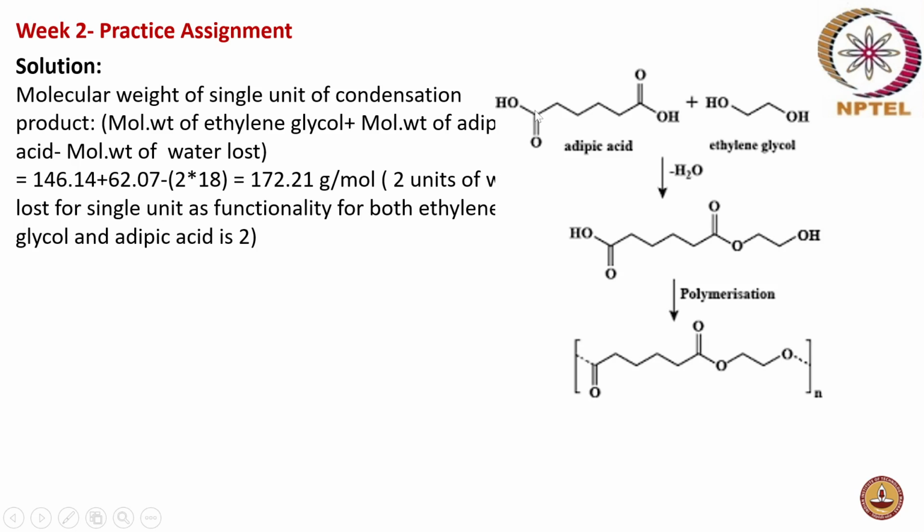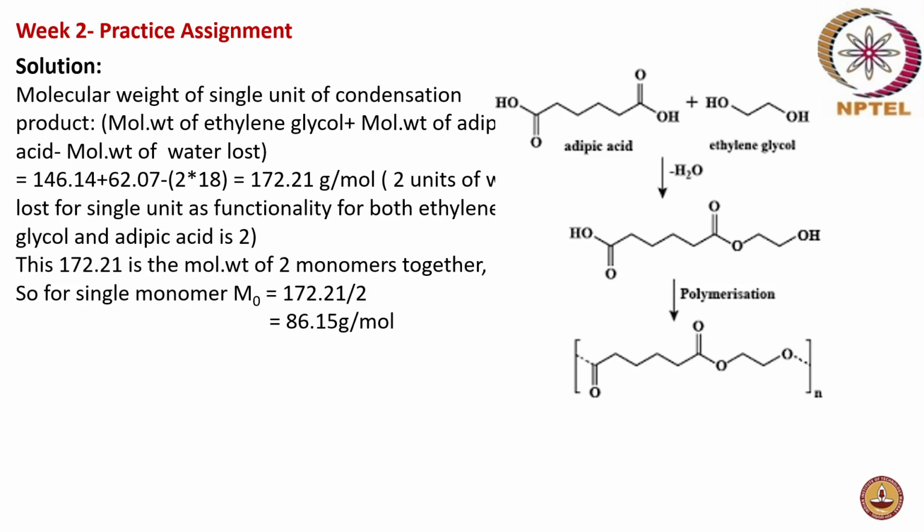Yes, the number of possible ways, the functional groups basically. So adipic acid has two COOH groups, and ethylene glycol has two OH groups. So each of them has two functional groups. So your functionality is two in both cases. Okay. Now the next step would be